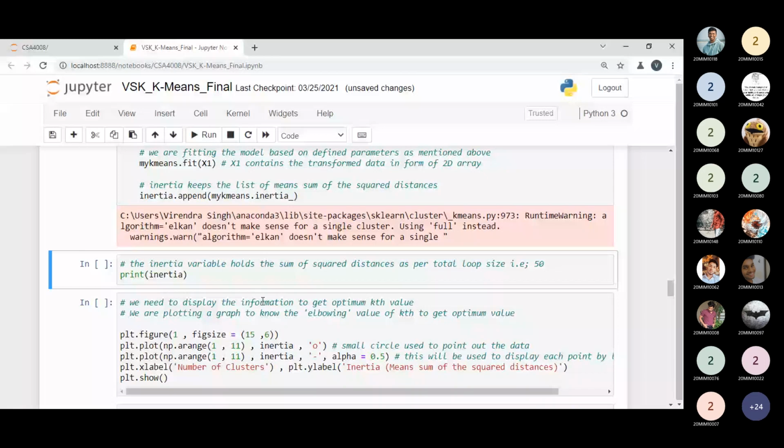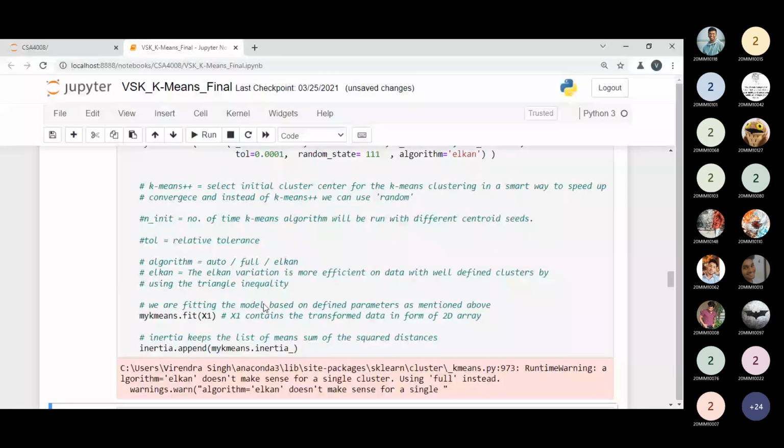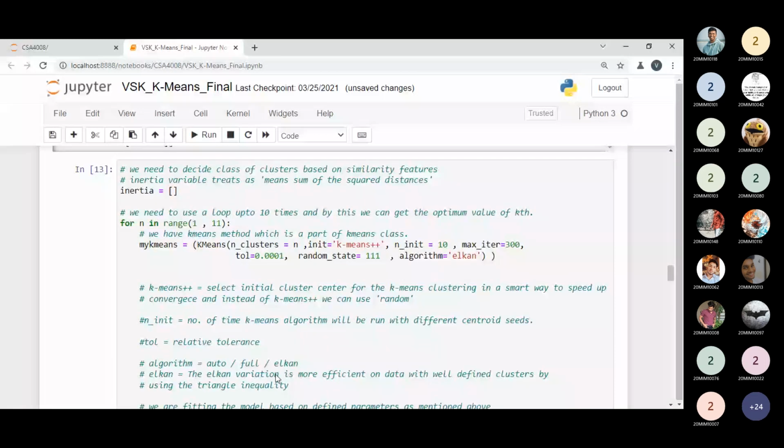Look at this code and tell me how many inertia values will be printed. Sir, 10. Okay, 10. Why 10? Can you tell me right now?